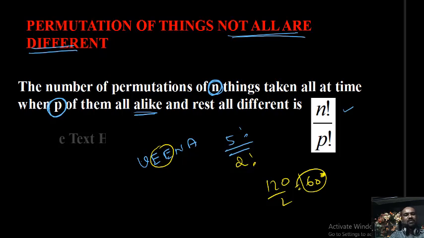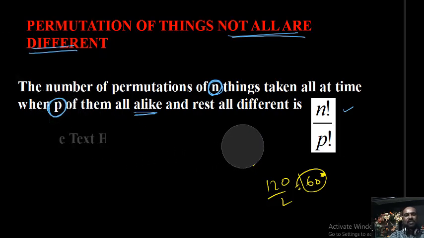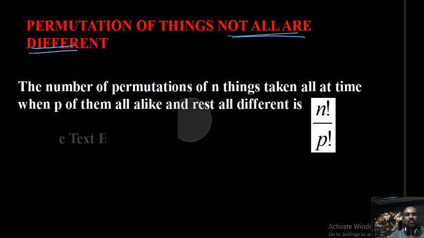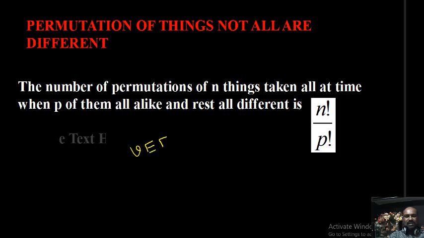That is what this theorem says, but I want to prove it. This is very difficult and important. So first of all, I want to prove this theorem by using one example. Students, listen. For example, VEE is given. Using these 3 letters, how many different 3 letter words can you create? Actually, what is the answer I will write? VEE is one, EEV is another, and EVE is another. Only 3 we will get.